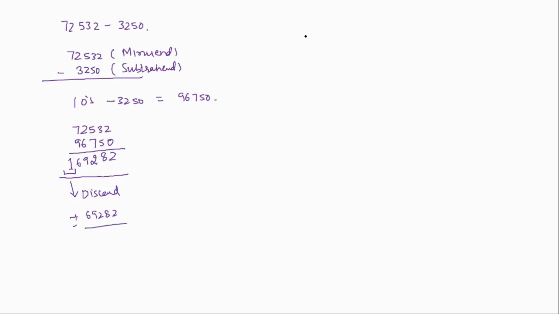Now if I ask you to subtract 72532 from 3250, then what you will do? Again, the procedure remains same, that you will have this as minuend, and then you will obtain its tens complement. So tens complement comes out to be 27468. Now you will add them: 8, 11, 7,